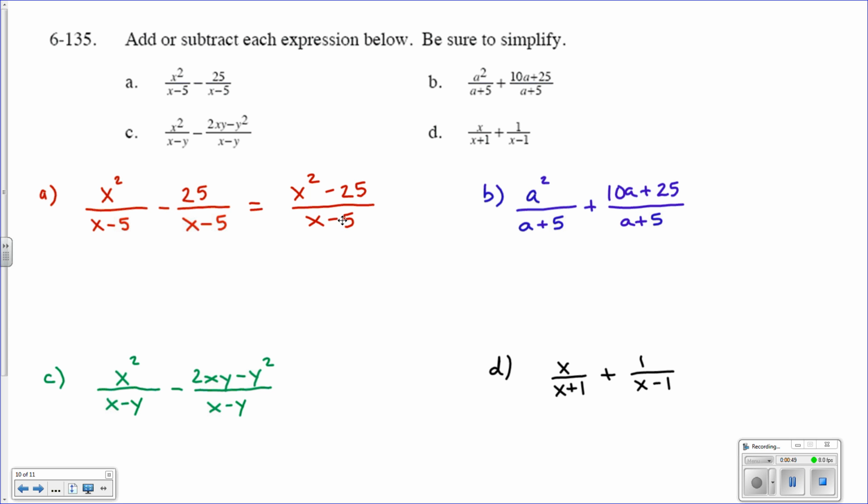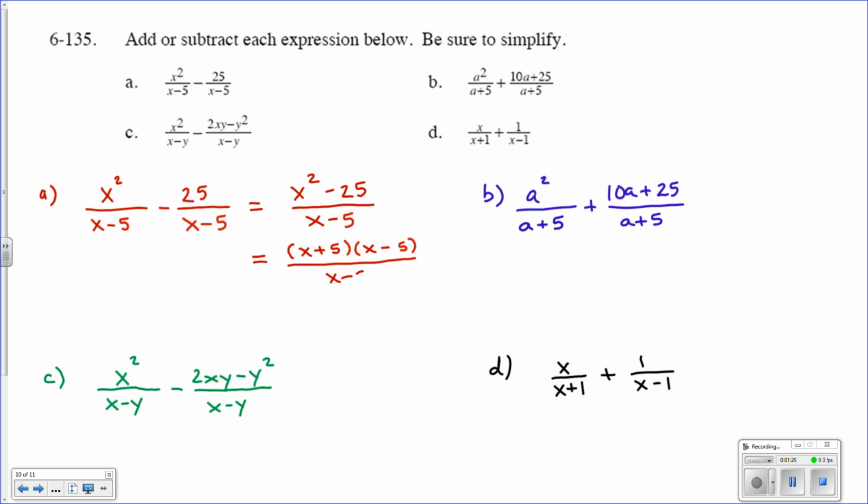However, we're not finished. We need to look at our numerator and denominator, just like with any numerical fraction, to see if there is a factor that will simplify. So x squared minus 25 over x minus 5 is going to end up giving us, when we factor the top, it's a difference of squares, and we should be getting better at recognizing those. x plus 5 times the quantity of x minus 5. And that's over